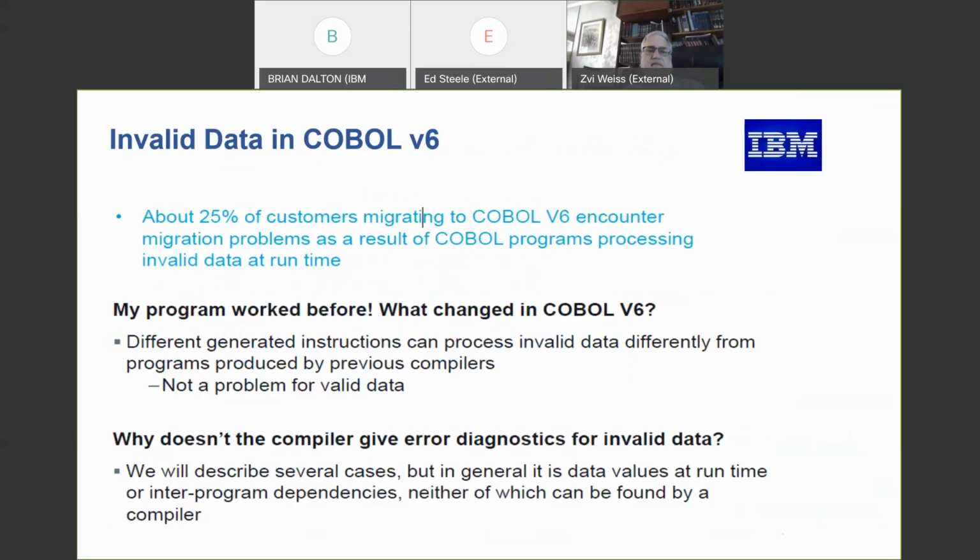Okay, so like Z was talking about, invalid data in COBOL 6. They say here about 25% of customers migrating encounter migration problems because the COBOL programs processed invalid data at runtime. So we see people that say, my program worked before, what changed, right? And why doesn't the compiler give an error diagnostic for invalid data? Well,